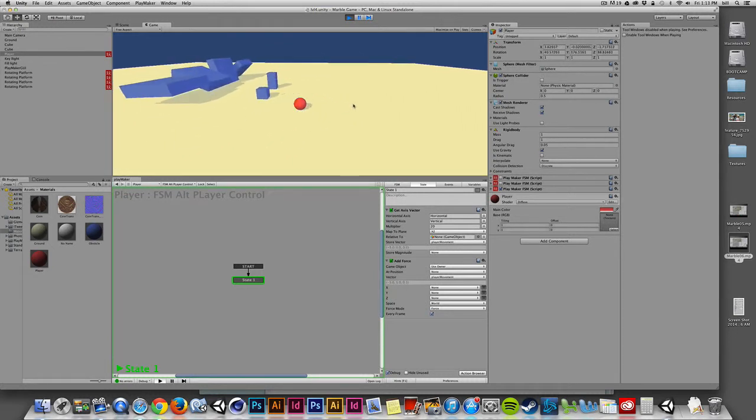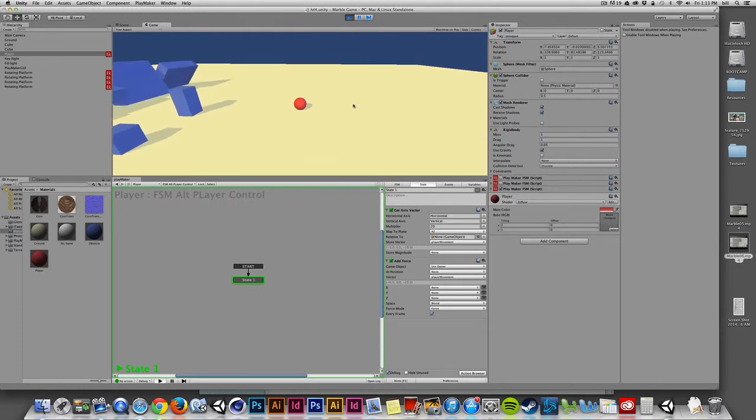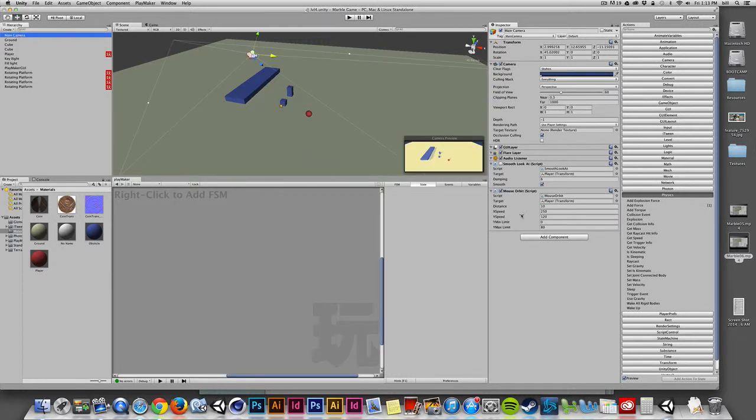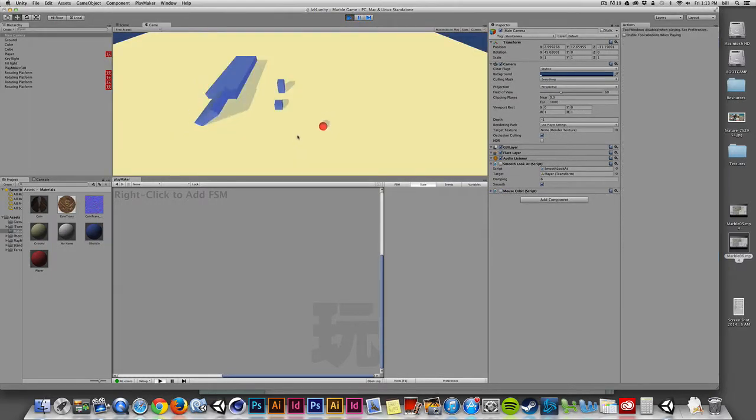So I've got a real simple setup here. My camera, you'll notice, is still following the sphere. So I'm going to go disable on my camera. I'm going to go find the mouse orbit script, and I'll just disable that. And I'll collapse that down as well. So now I'm back to this kind of security cam view, and maybe that works for your level, but